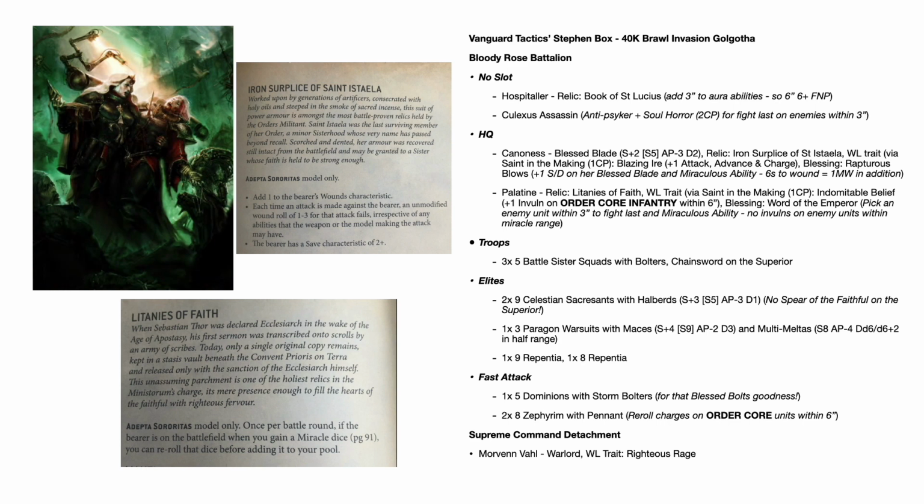In the HQ slot, he's got a Canoness with a Blessed Blade, and he's given her the relic Iron Surplice of Saint Estella, shown on your screen here. It's one of my favourite relics, this, and it adds 1 to the bearer's wound characteristic, gives it a save characteristic of 2+, and effectively makes her permanent transhuman, so she can't be wounded on a wound roll of 1 to 3. He's also given her the Warlord trait for the Bloody Rose, Blazing Ire,